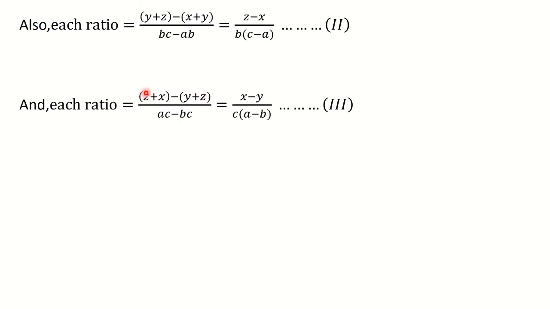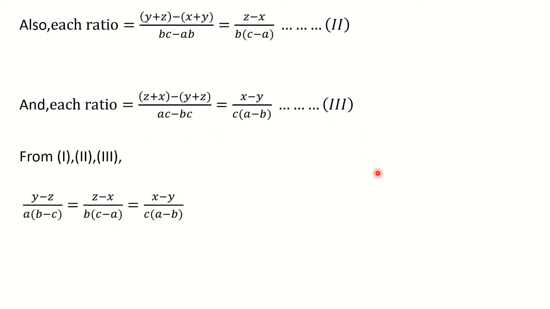So here you will find that z and z will get cancelled and you will get x minus y upon c inside the bracket a plus b. Number this as 3. Now see, from 1, 2 and 3 we got 3 different values of each ratio which